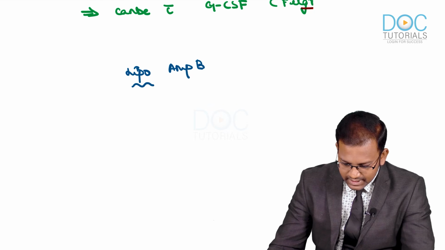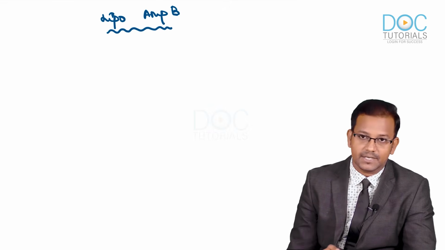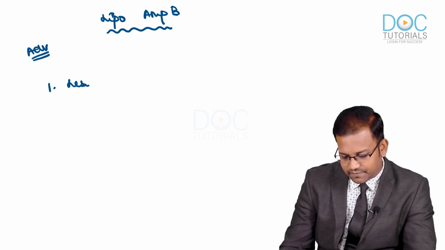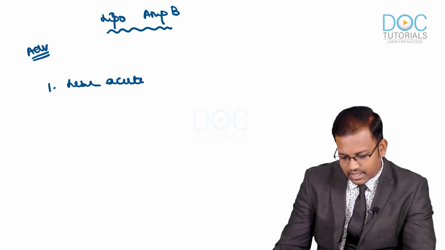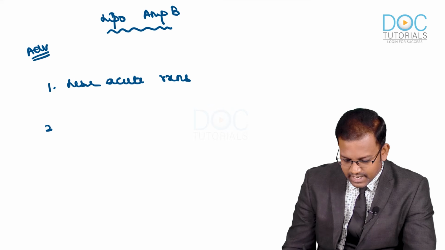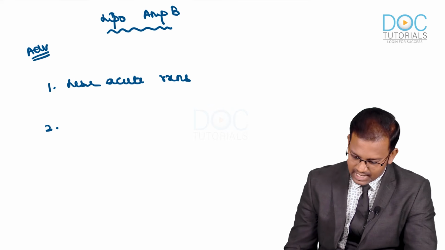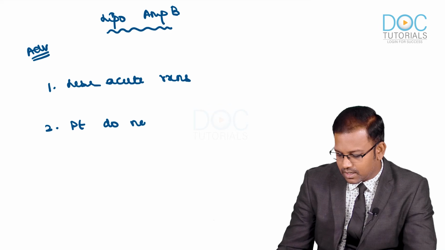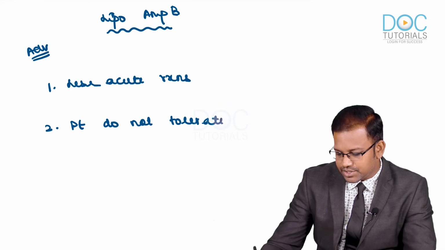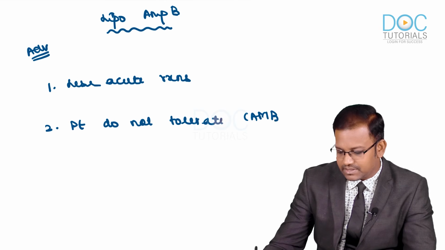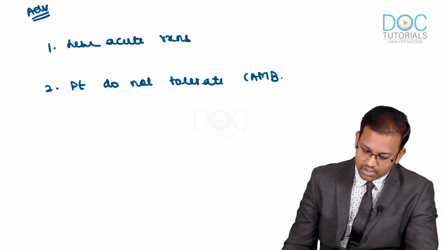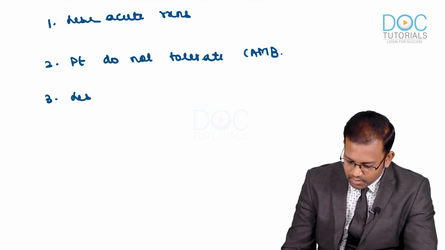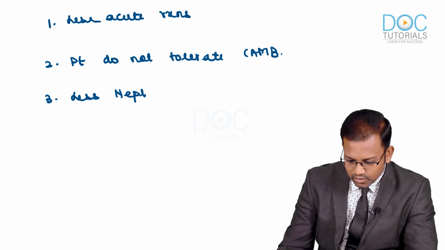Liposomal amphotericin B. What are the advantages of this liposomal amphotericin B? The first one, there are chances of less acute infusion related reactions. The infusion related reactions are very much lesser. And the next one, patients who do not tolerate conventional amphotericin B can be treated with this liposomal amphotericin B. Currently, this is the drug of choice in treatment of many different conditions. Clear? And the next one, most importantly, there is less chance of nephrotoxicity.